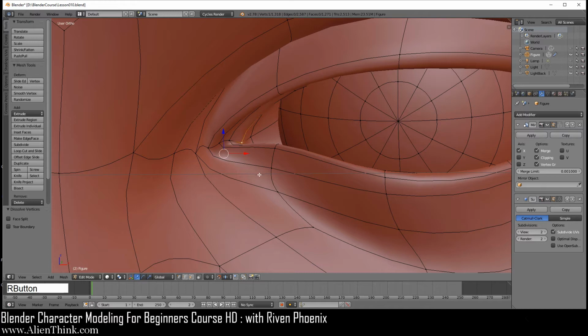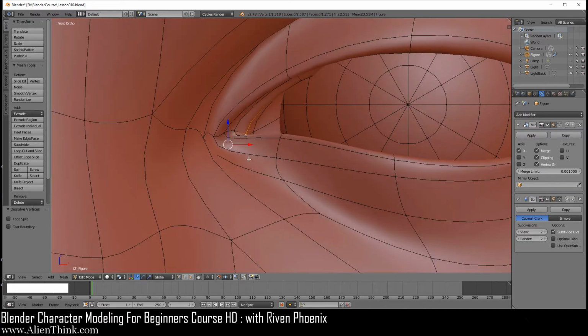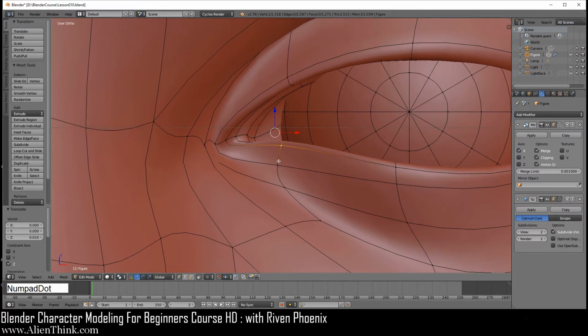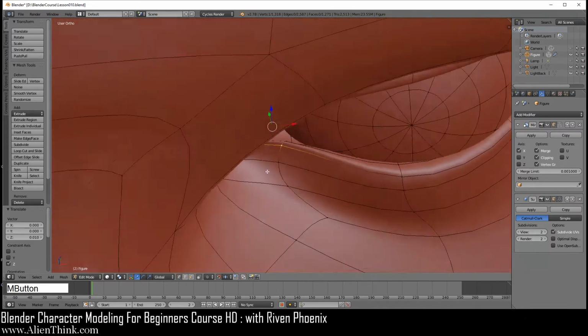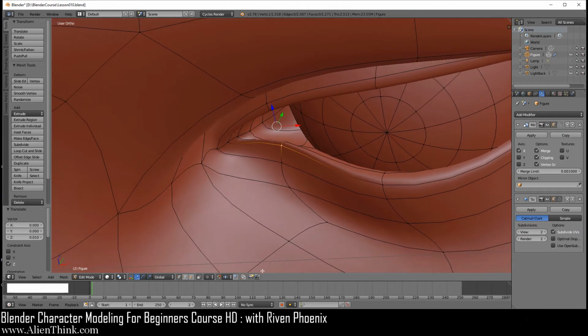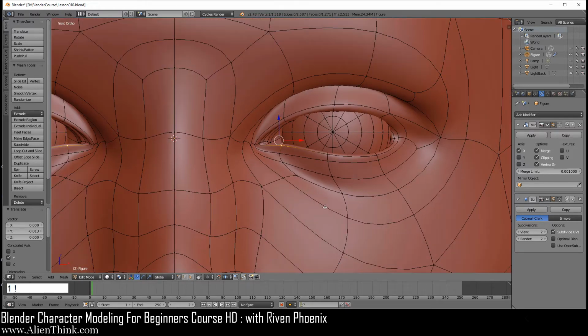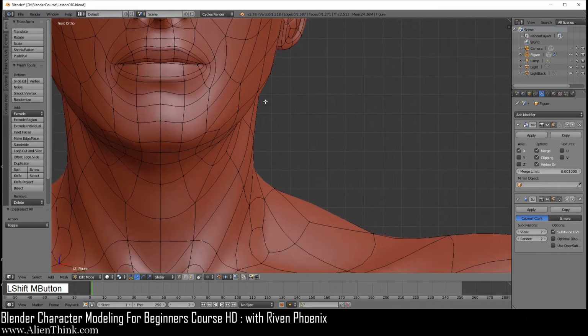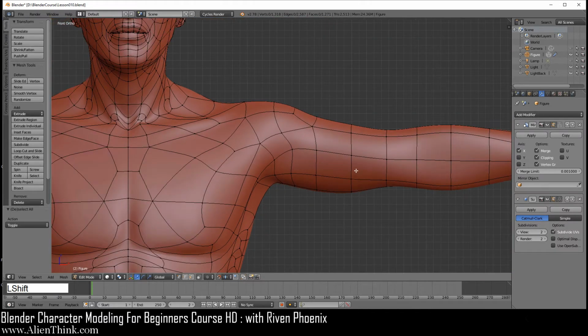So now we're going to click on this, go to your front view. Now again, if I press Z, I'm in the smaller grid units automatically. So you can just simply make this go up 1 time over here. Then we're going to click on this one. Remember, you can press the period key to home in on that vertex so you can rotate around with your middle mouse button. So make sure you rotate it like this. Let's go ahead and remove the snapping and click on this green arrow and just bring it out a little more over here. Okay, so now we get that completed. And A to deselect.